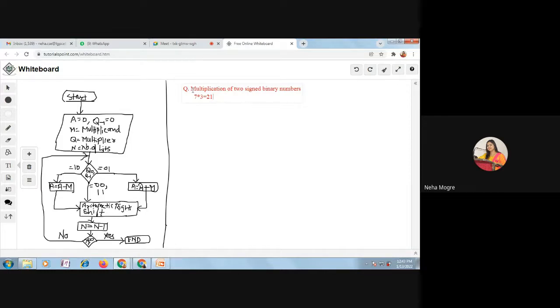Okay. So initially, when we are going to take 7, that is a signed number, so both the numbers are positive numbers. Plus 7 and plus 3. Is that okay? So this is your sign, so you can write in this manner also. So you know the answer will be in the plus form only, right? Yes, ma'am. It is plus 21 only. Using the signed binary number, we are going to check.